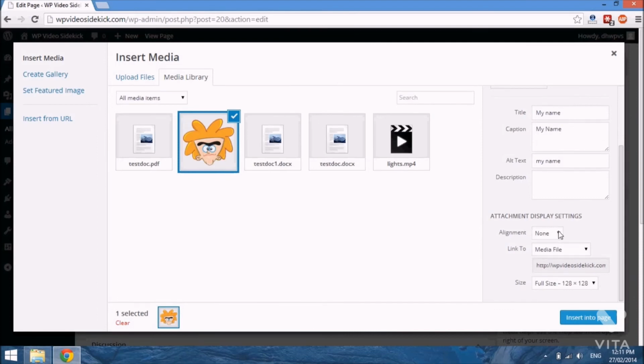And we have the option to align our image. Now, if we choose none, then the image will be placed wherever we have our cursor. And if you notice, I had some text on the page, so I want this image to appear to the left of the text. So I'll put that there, and we can also add a link to this image. So if I wanted to link to another page on my site or a page that's off my site, then I'll just simply put the image here. By default, the location of the image will appear in this tag, which